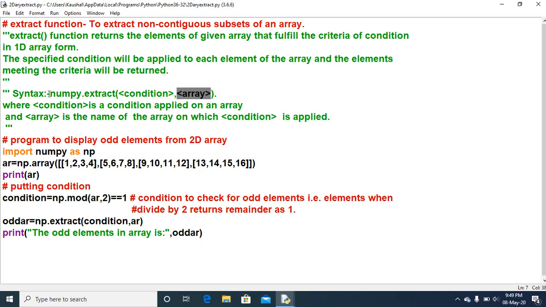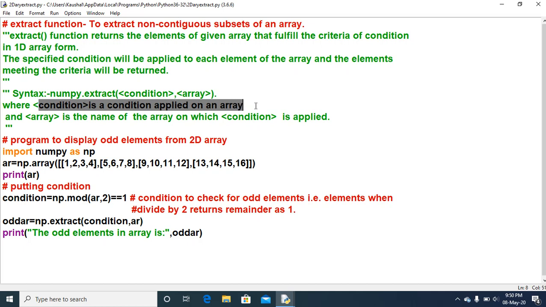Once again, you will write numpy or np dot extract, and as arguments of extract you will write the condition as the first argument, and the second argument will be the array on which you want to apply the condition. So here again I have written where condition is the condition applied on the array.